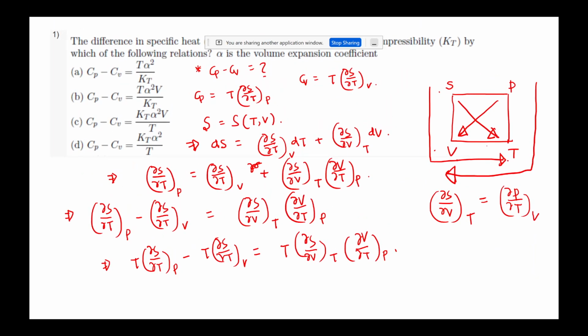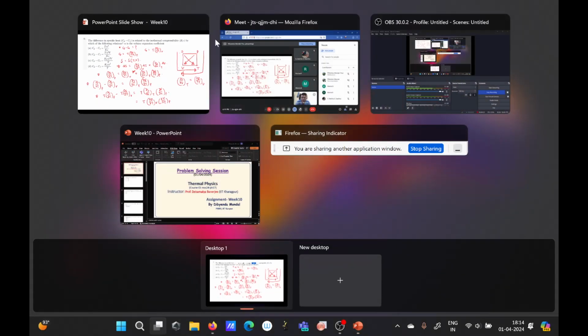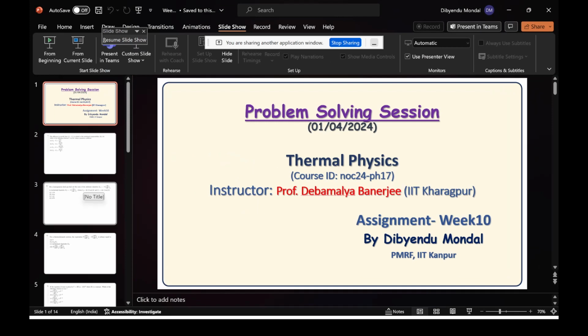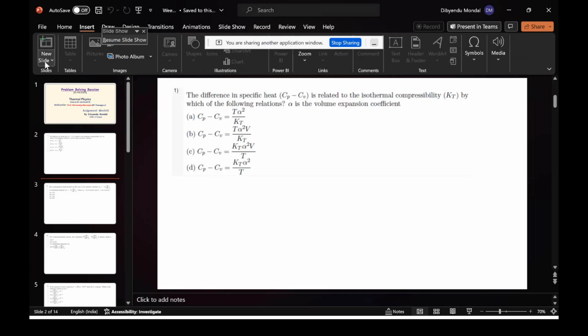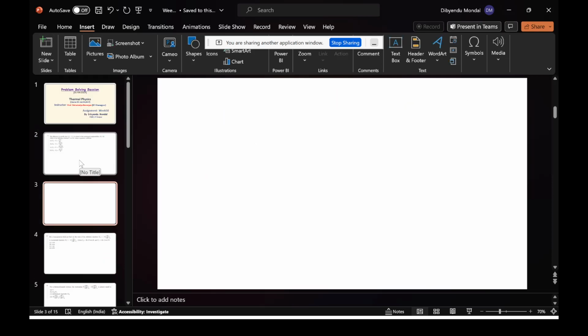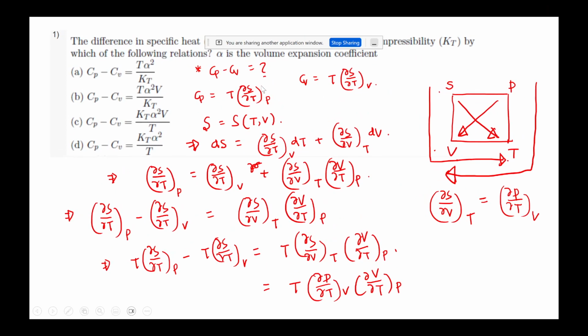Now this thing we can replace. So del P del T V can be written there. So T del P del T V del V del T P. So let me add one page here. Okay, now